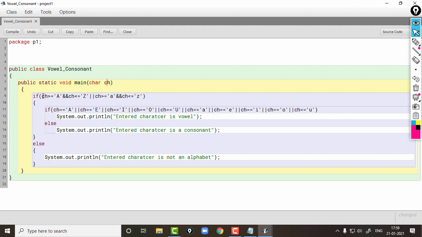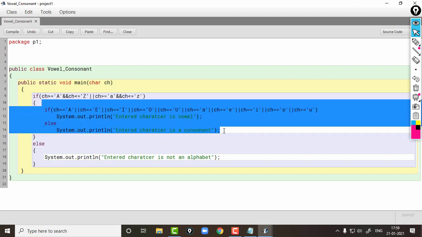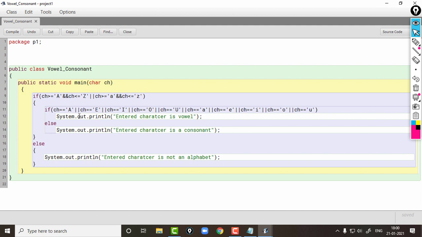So this condition, as we discussed in the previous program, in the first if will check for the alphabet or not. So when the entered character is an alphabet, this entire expression will give a true result, so we can execute the body of the outer if. So the inner if and else will be the body of the outer if. So when this condition is true, means when ch has an alphabet value, this body will be executed. Then what is the body of the outer if? One more if else statement.